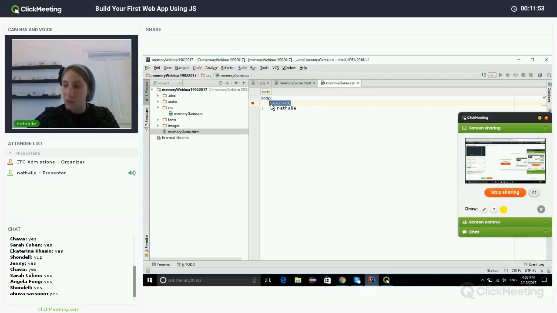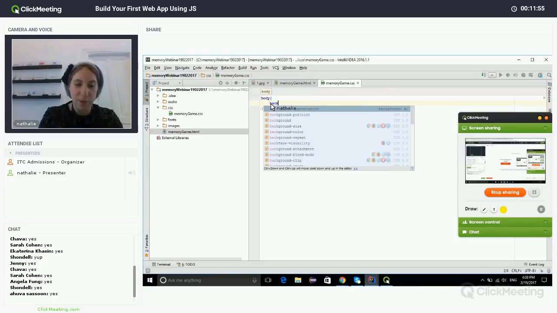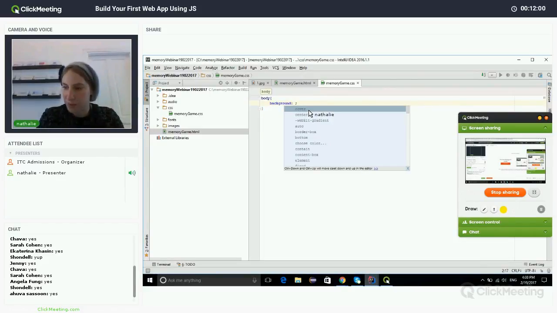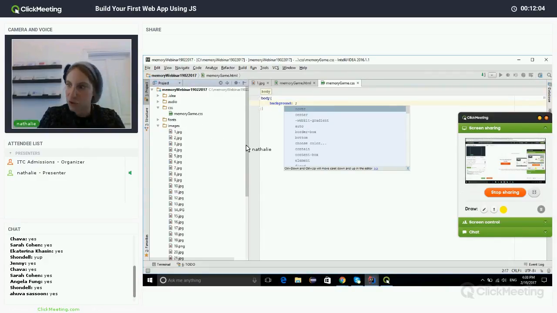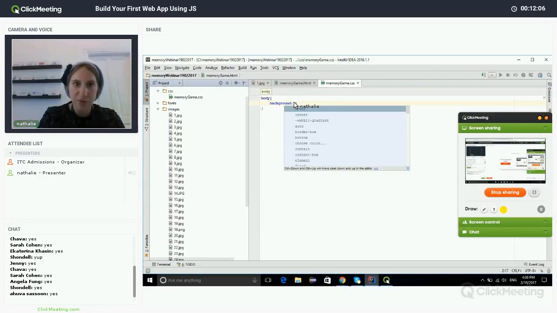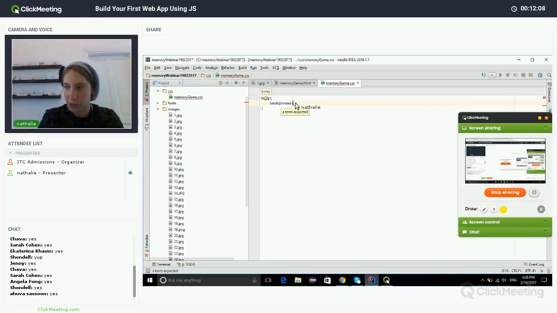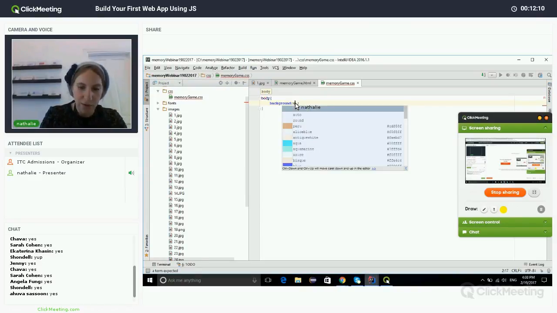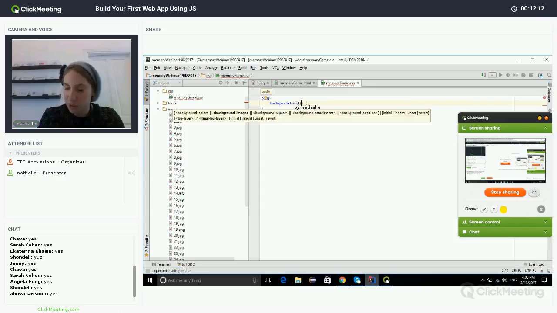That's not really interesting. What I do want, however, is a cool background because, like I said, we're going to create a Mario theme. So here, I downloaded pictures. I showed you some of them. I'm just going to create a background for my whole body. So I'm going to add the URL for the